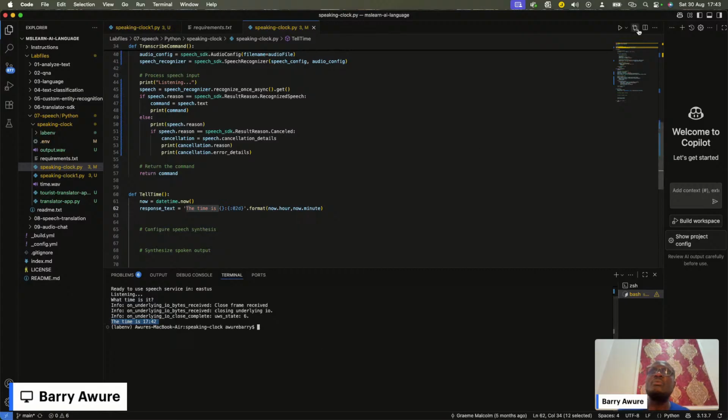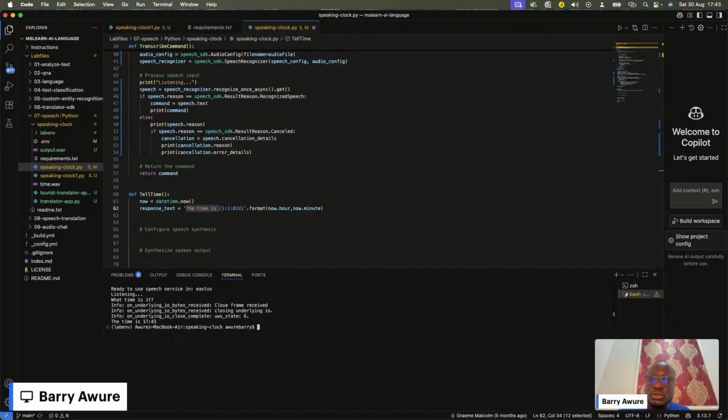If you check my watch right now, my clock is saying 17:43. And Azure is telling me the time is actually 17:42, based on my time. If we run it again, I think it should come up with the right time this time around. Yeah, 17:43. So this is based on my own local time, without me having to do date-time manipulation or whatever it is. It's speaking directly from Azure, telling me the time based on my location.